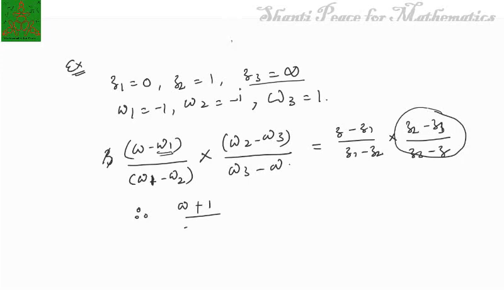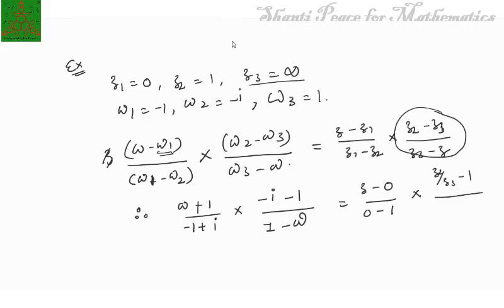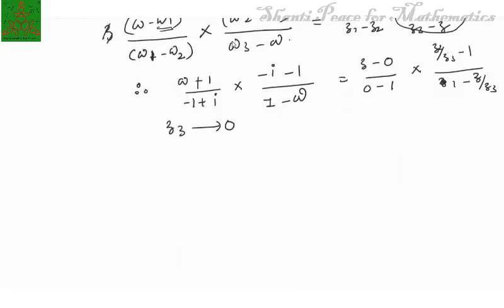this is minus 1 minus w2, it is plus i into minus i minus w1, w3 is minus 1. So it is 1 minus w. Here you will have z minus 0 upon 0 minus 1 into z2 upon z3 minus 1 upon 1 minus z upon z3. Now if you take this limit z3 tends to 0 in this expression, and you simplify that expression, you will have